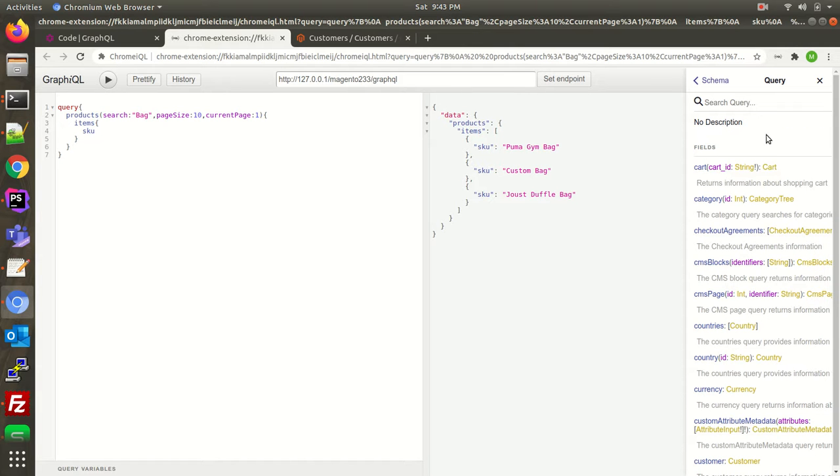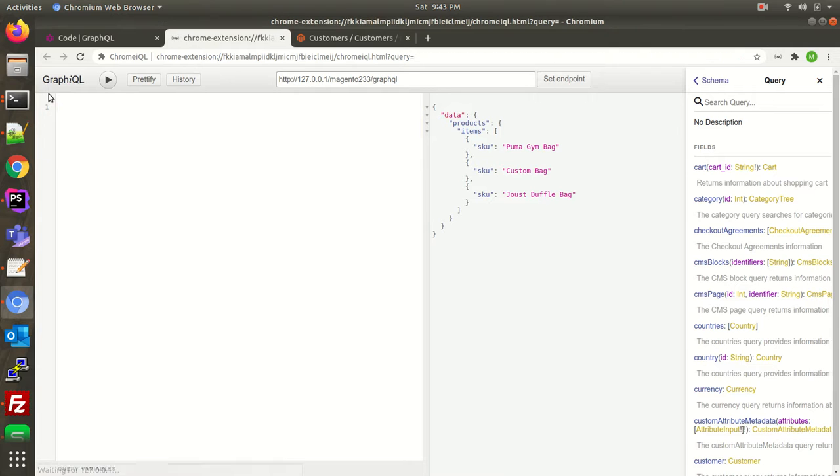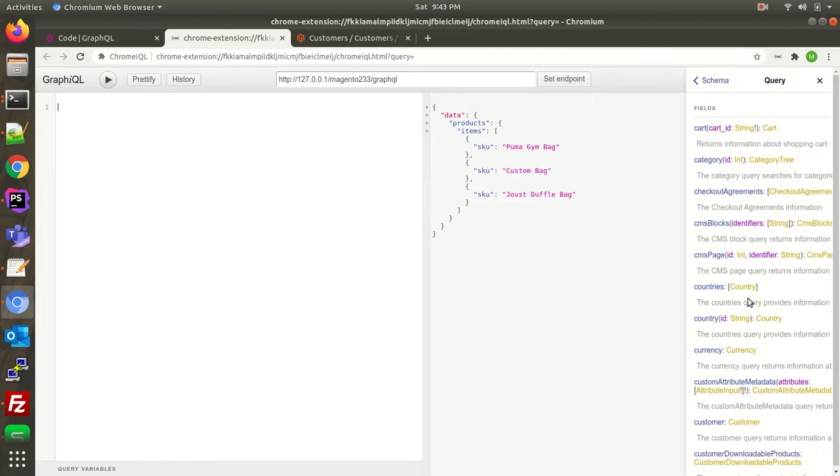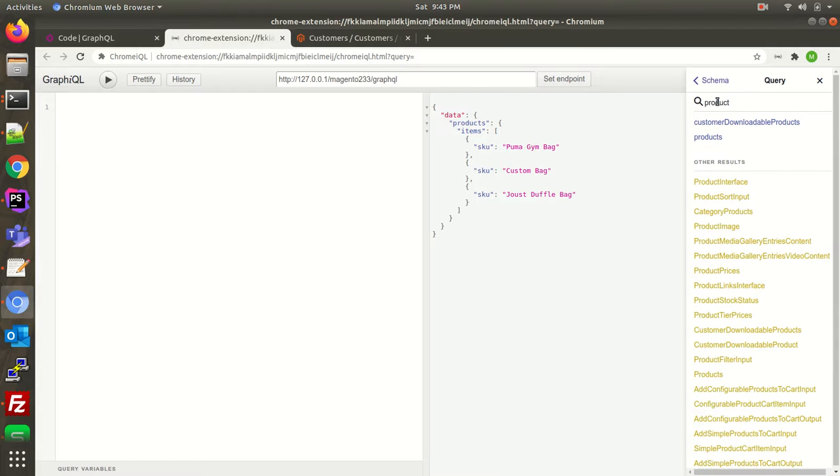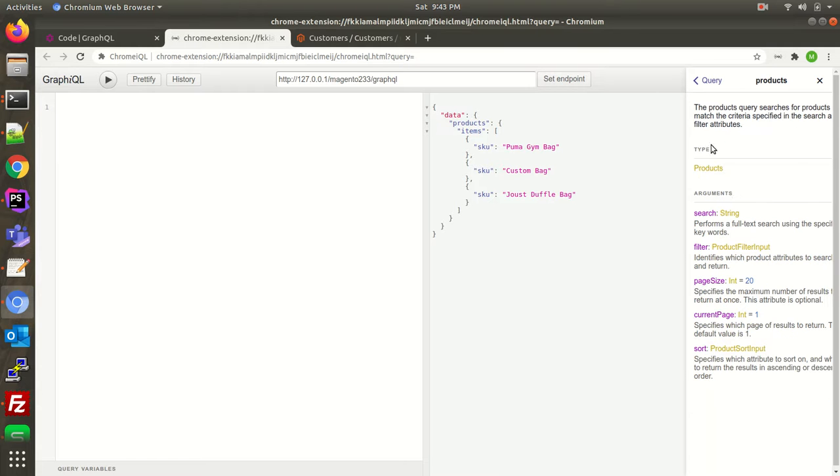So let's say I click on query, what do we want to search? I've already tried searching a product, so let me just delete it. I'll do it from fresh. So what you will do, just write it over here, that is products. Now if I click on products, see, the products query searches for products that match the criteria specified in the search and filter attributes.